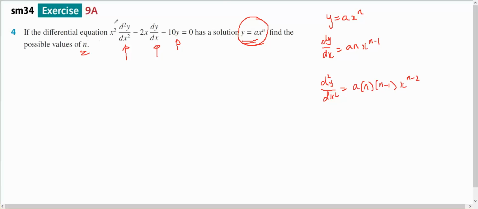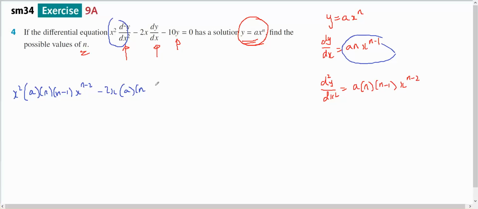Okay. So I've got x squared times the second derivative, a times n minus 1 times x to the n minus 2, minus 2x times the first derivative, so times this,